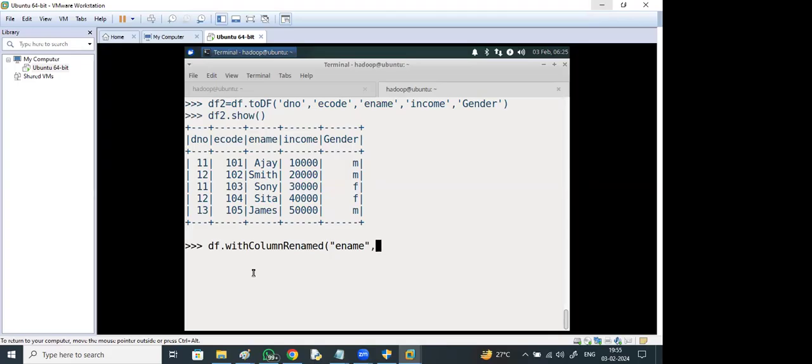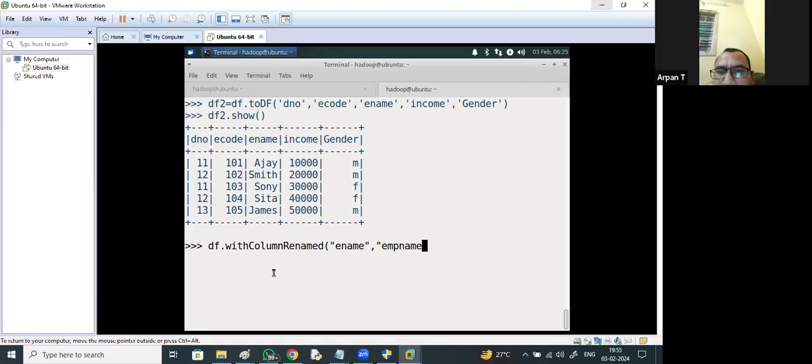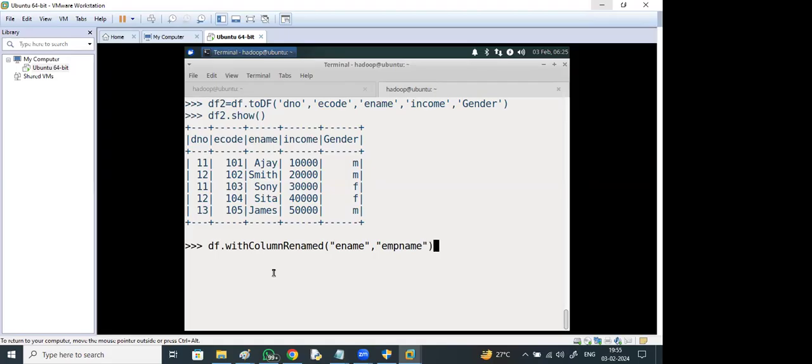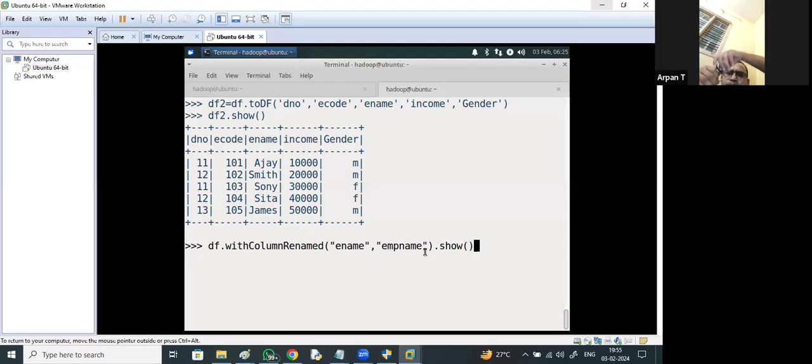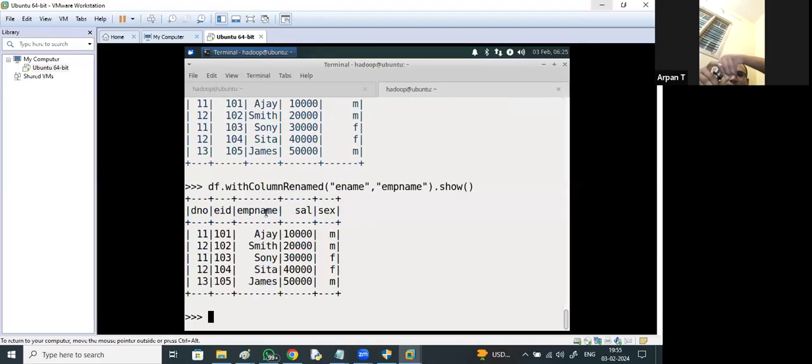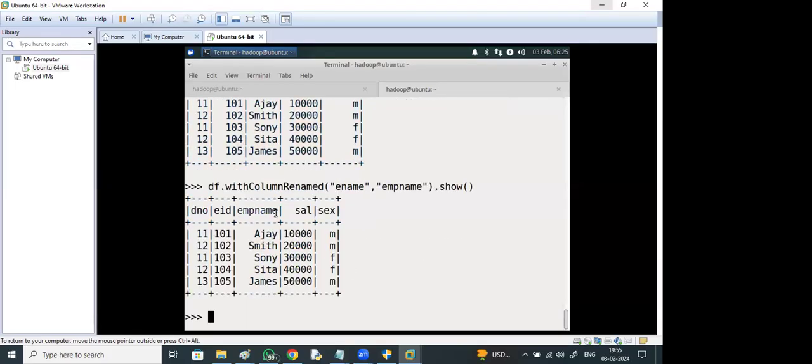E name is there, right? E name is there. I want it like EMP name. So df dot withColumnRenamed, E name to EMP name, dot show. So E name to EMP name, right?